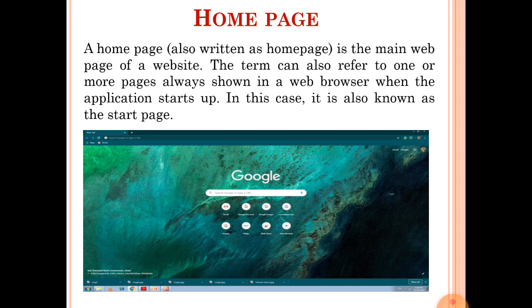Through the home page, the user can follow links to different web pages to open different types of documents on the internet. I hope you have learned what is home page and what is web page. The first page of the website is known as home page, and web pages are linked with the home page.